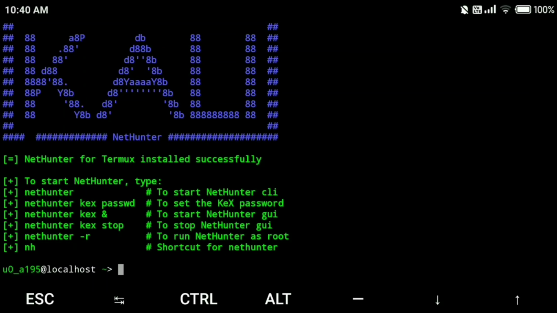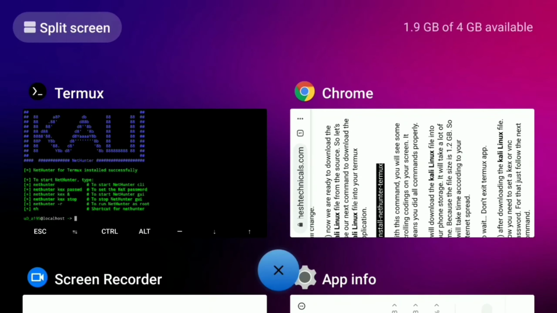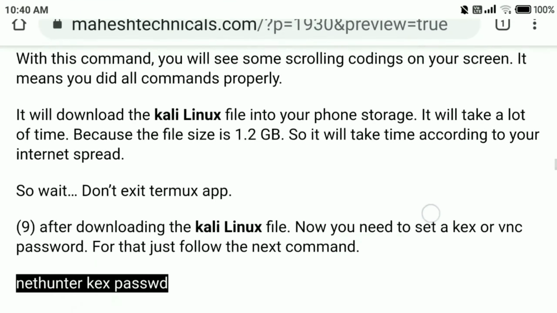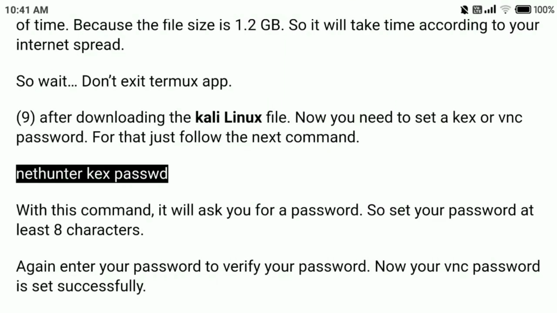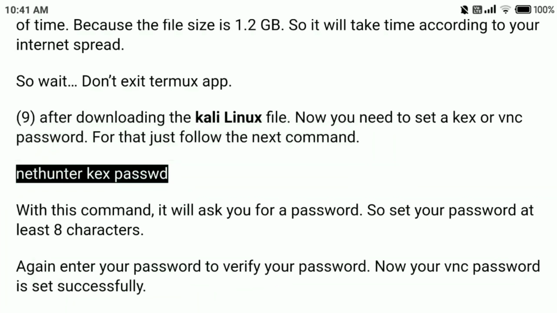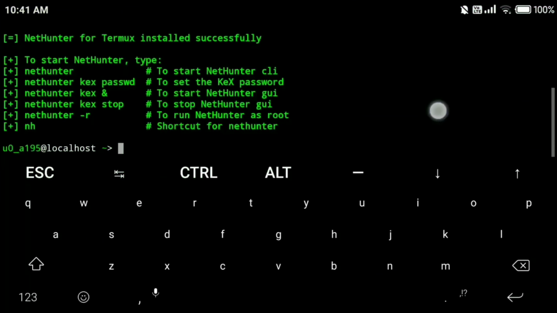Now the next step is to set a password for VNC Viewer. For that you need to go again to my website page here and copy that VNC password command, nethunter kex passwd. It will allow you to set a password for VNC Viewer.